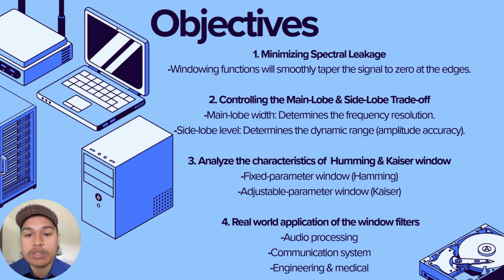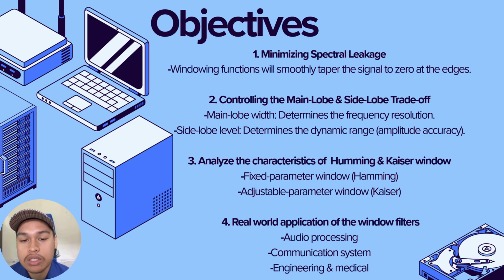Moving into our core objective, our primary goal is to minimize spectral leakage. As we touched on earlier, when we truncate a signal, we create artificial discontinuities. By using windowing function to smoothly taper the signal to zero at the edge, we reduce those unwanted frequency by ensuring our digital representation stays true